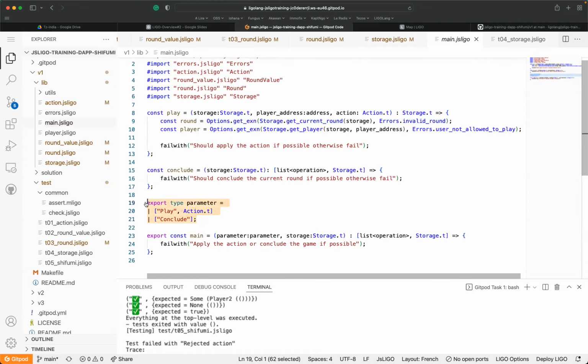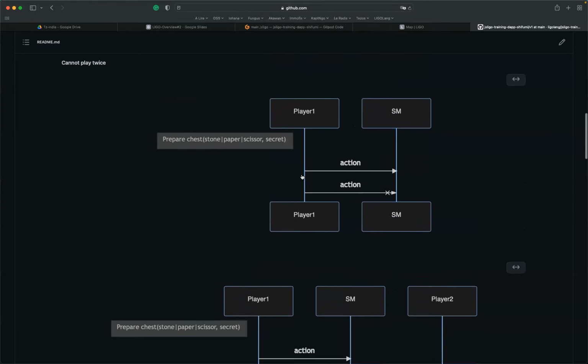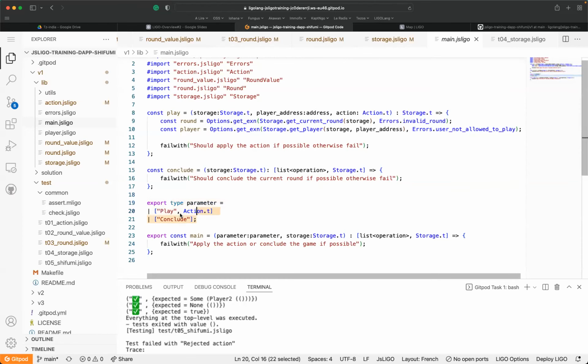First, we have the type parameter. So if you remember, here we have two actions, which is I would like to play or I would like to conclude. And here, this one is reflected by a new variant type, which is at the upper level. And this is the parameter we are going to send to the contract.